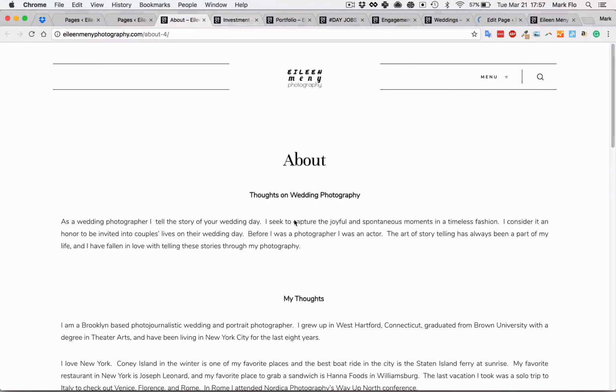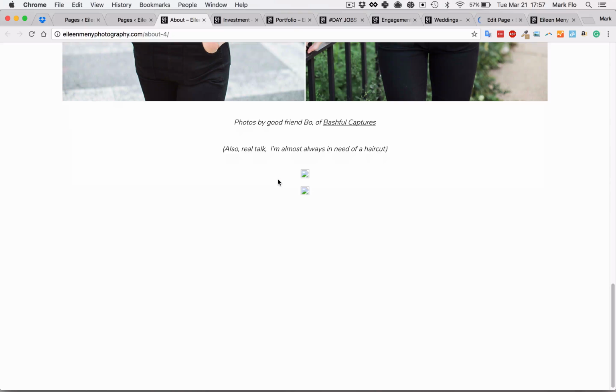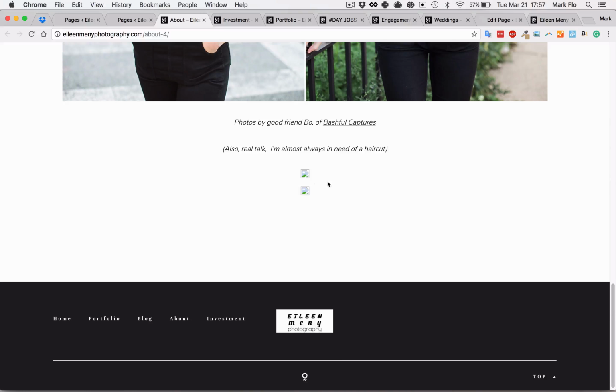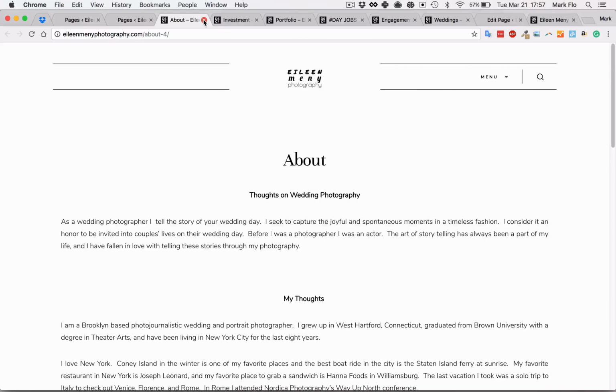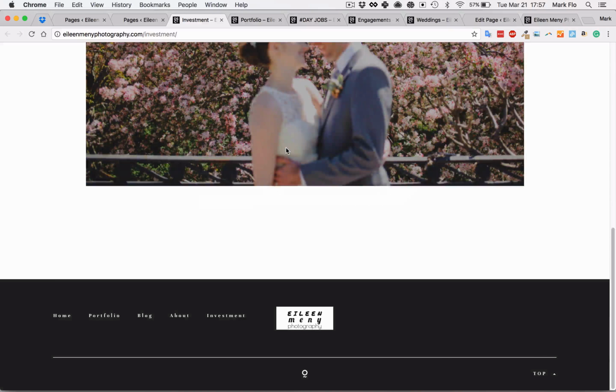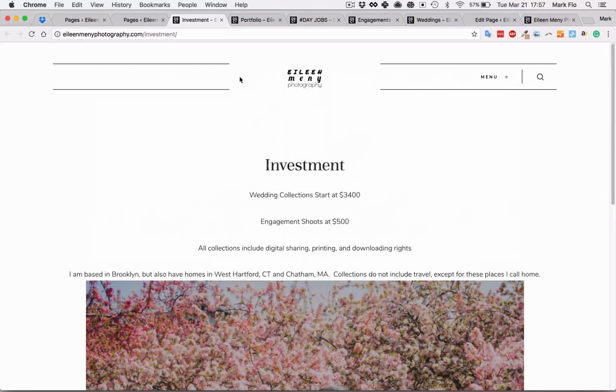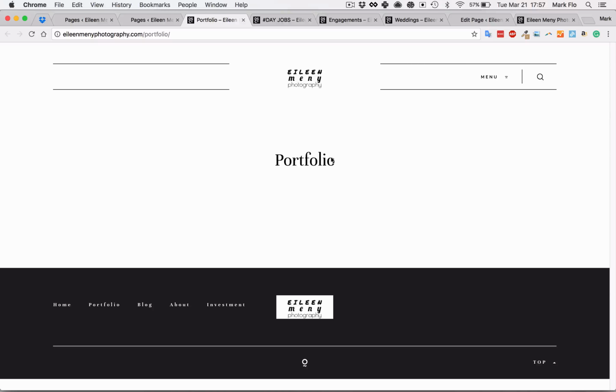So finally I can just check out the blog. So you'll see that the about page already looks quite good. There's a few broken images. You just want to go in and make sure that they're updated and looking good. The investment page, again, it looks completely fine, but you probably will want to update it using some of the relevant options. The portfolio is blank because I know that previously this was a link to a selection of galleries,